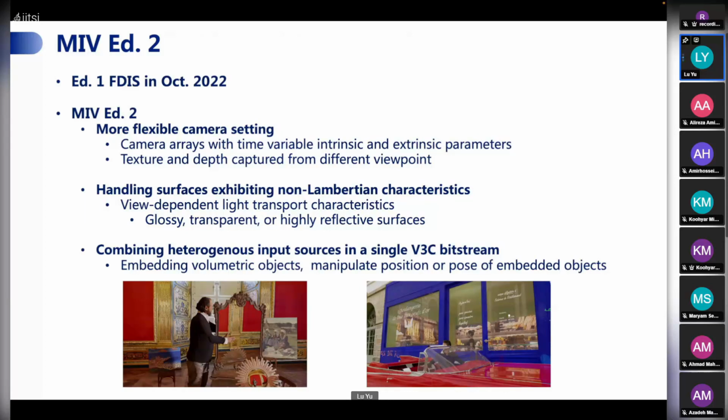So the next topic is not yet a real standardization project yet,